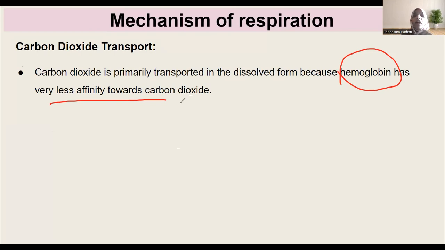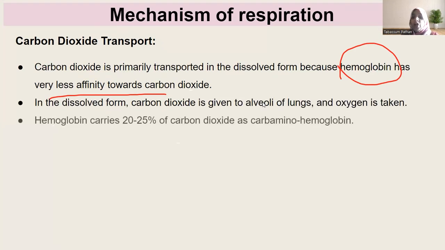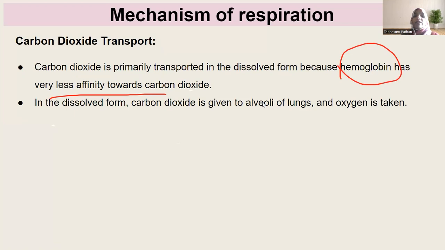It does not love carbon dioxide that much as it loves oxygen. So carbon dioxide cannot be taken by the hemoglobin in majority. It has to be dissolved in the blood and given out of the body through the lungs. So in the dissolved form, carbon dioxide is given to the alveoli of the lungs and the oxygen